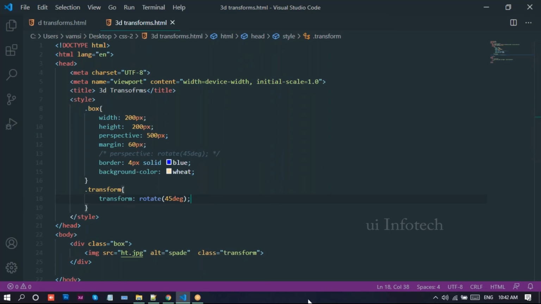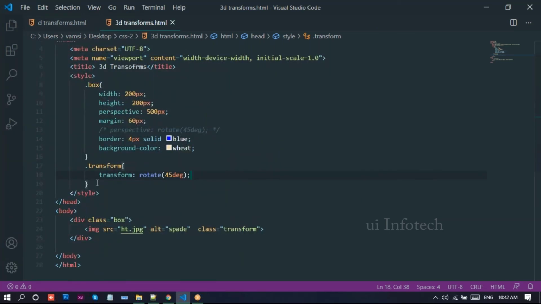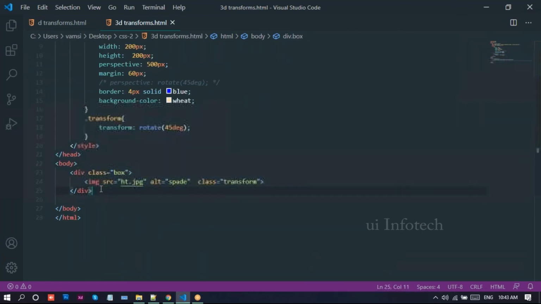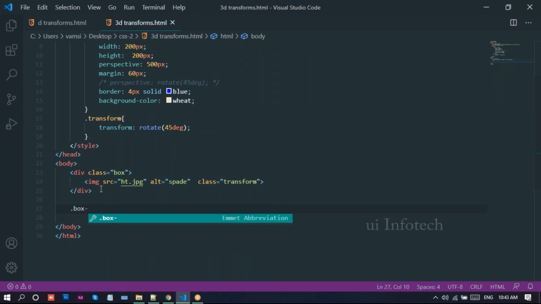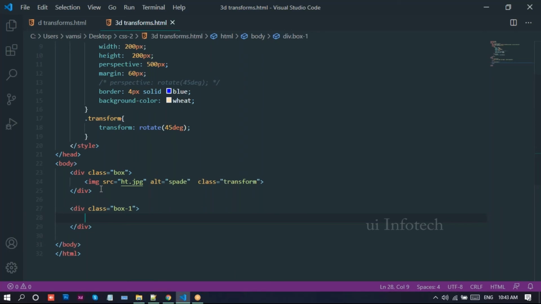See here, I'll do one thing. I'll take one more example. Here I'll take box one. Instead of box one, I'll take this box two.